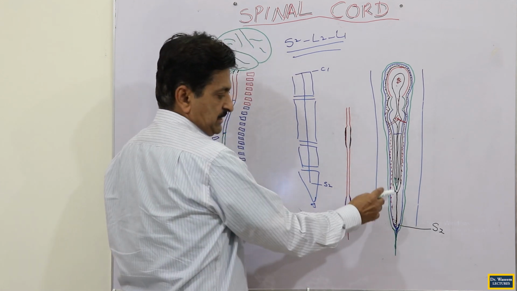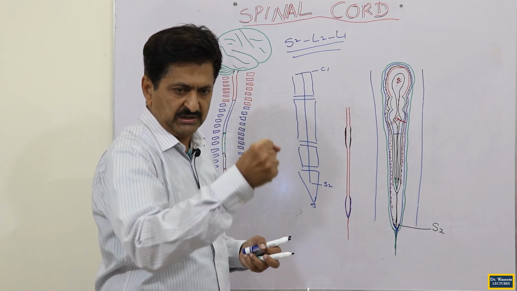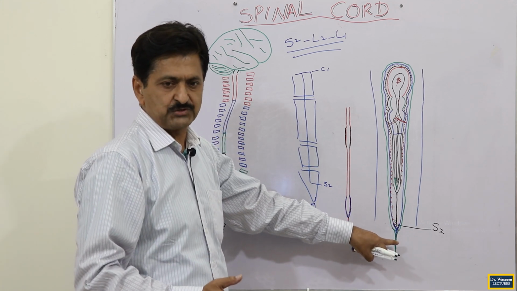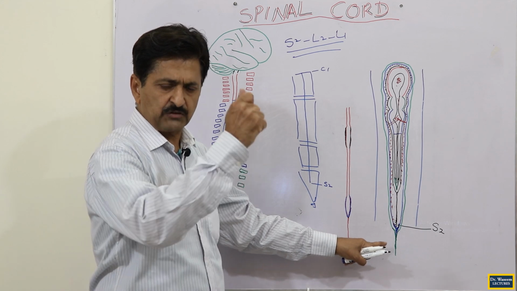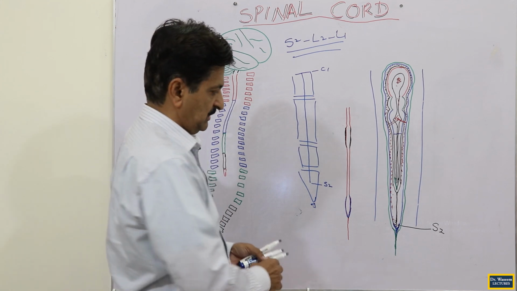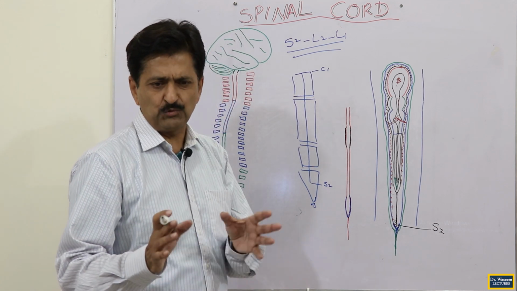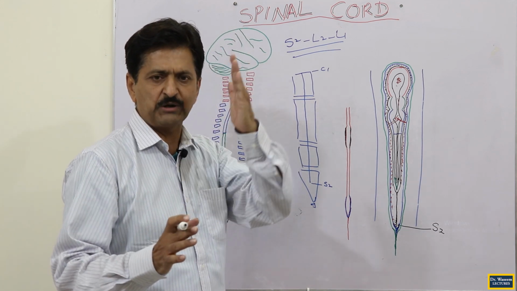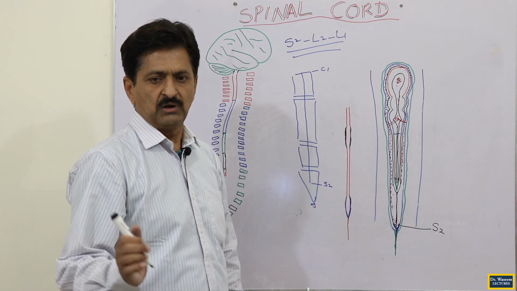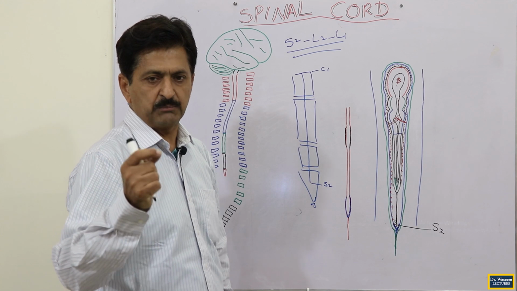Now you can say this downward extension of the pia mater, which takes some fibers of the arachnoid as well as the dura, is coming down here. Initially it was purely pia mater and later it penetrates the arachnoid as well as the dura. It becomes thicker and thicker, crosses S3, S4, S5, and gets fused with the posterior border of the coccyx. This downward pia mater extension, starting from the end of the spinal cord up to the posterior surface of the coccyx, giving some stability to the spinal cord, is called the filum terminale.